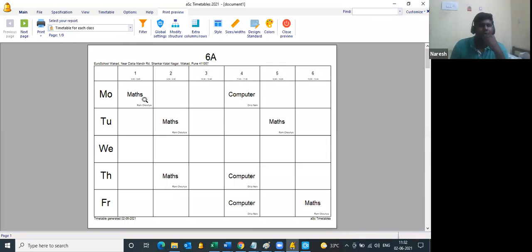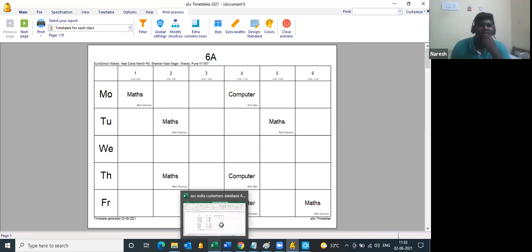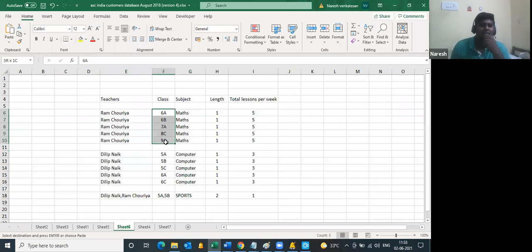So this is how your timetable will look, ma'am. You have to key in your Excel data, copy it, import it to AC timetables, and generate it. Very simple. Yes. Naresh, what about all the sections? You've not given the sections, and there is one teacher teaching multiple sections and classes. No, here I have given, madam. This teacher is teaching in multiple sections only. You see this class data.